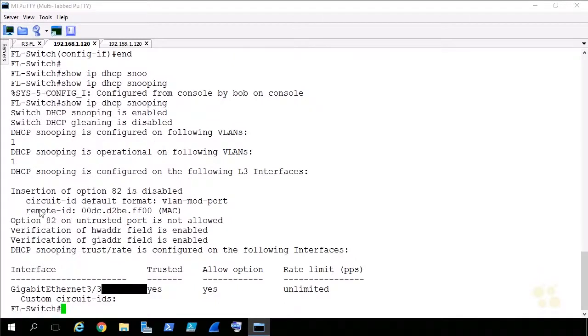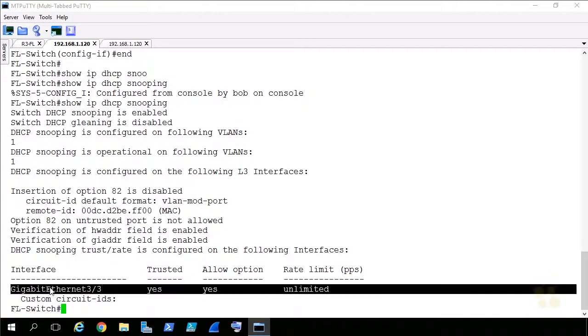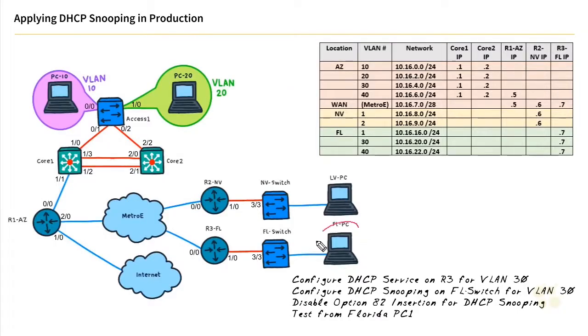Then we'll do a show ip dhcp snooping. And this confirms all the details that we looked at earlier, in addition to the fact that port 3/3 is a trusted port from a DHCP snooping perspective, meaning R3 or the DHCP server off of that port can go ahead and respond. So in a moment, we'll go to the Florida PC, we'll turn up DHCP client services and